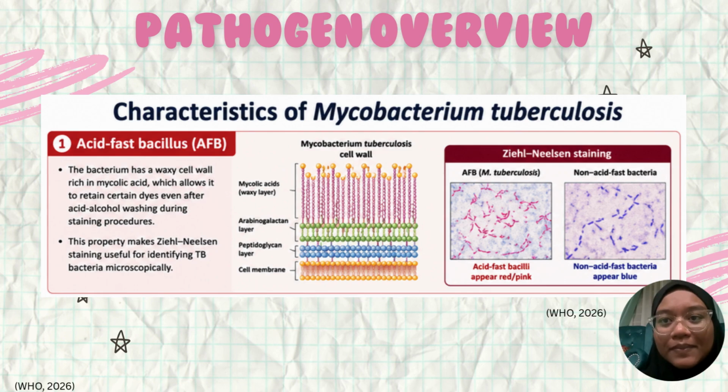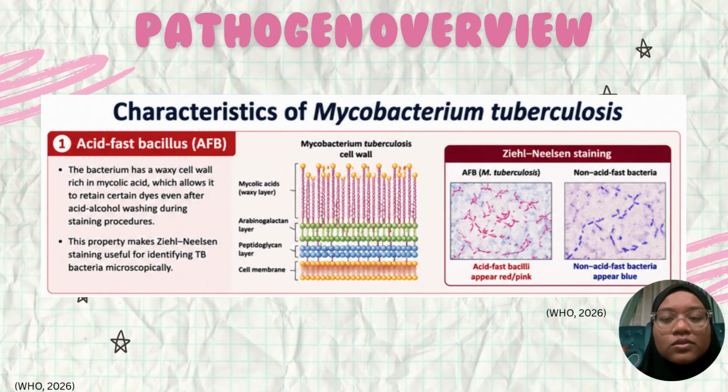So now I'm going to explain the characteristics of Mycobacterium tuberculosis. The first characteristic is acid-fast bacillus. Mycobacterium tuberculosis possesses a unique waxy cell wall which is rich in mycolic acid. Because of this thick layer, the bacteria retain the primary stain, even after being washed with alcohol during the laboratory procedure. So this is why Ziehl-Neelsen staining, also known as acid-fast staining, is the standard method used to identify